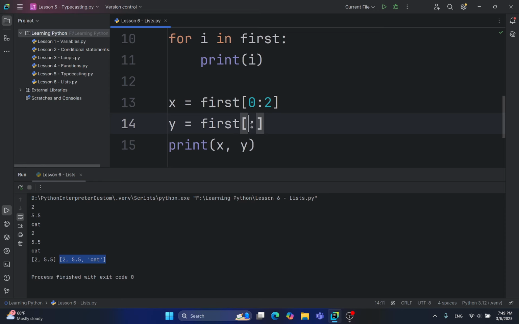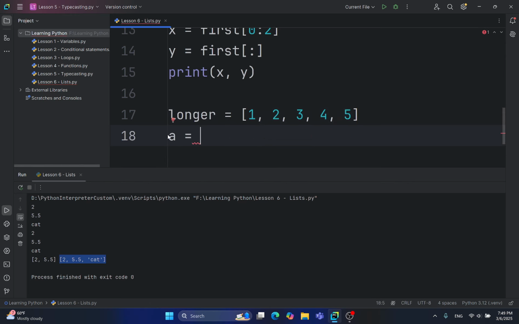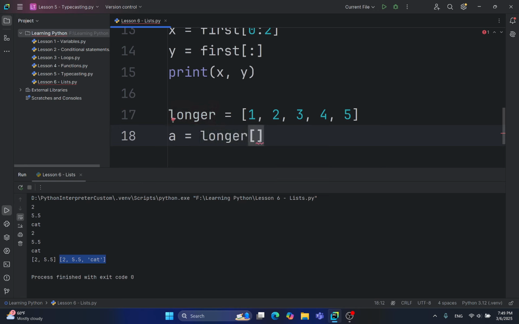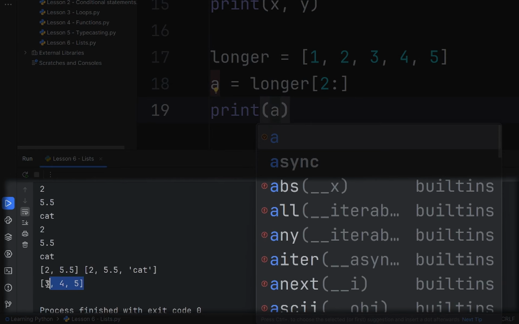Also, if you want to go, let's say, create a bigger list here, longer, and I'll give it values 1, 2, 3, 4, and 5. And I'll have another list called a, and I want elements 3, 4, and 5. So I can write longer, then open the square brackets, write the starting position, 0, 1, 2, and write just the colon, because I want to go until the end. Now when I print this, as you can see, 3, 4, and 5